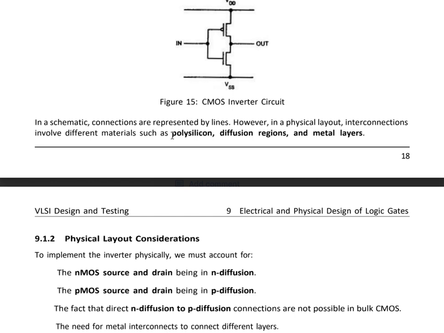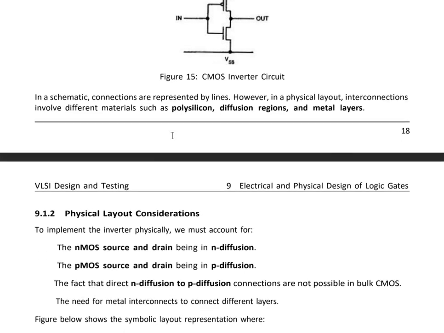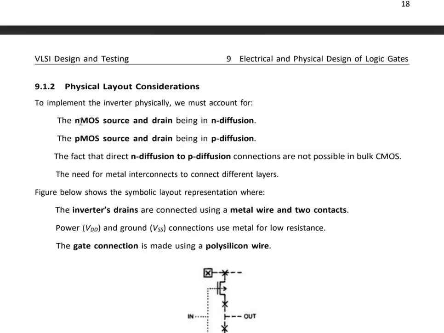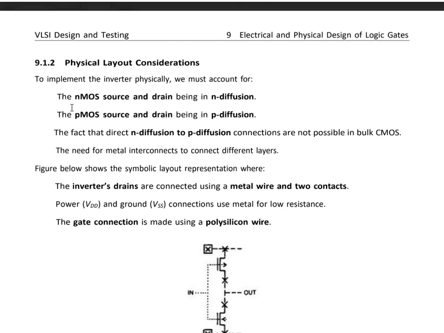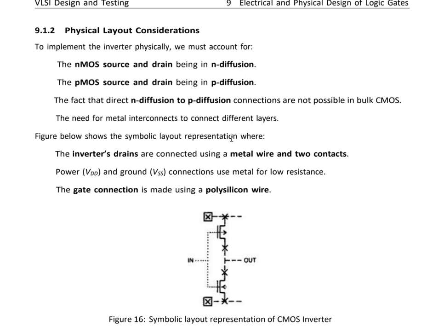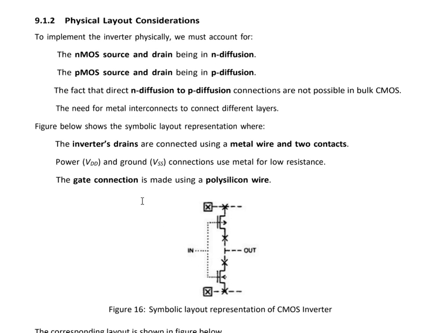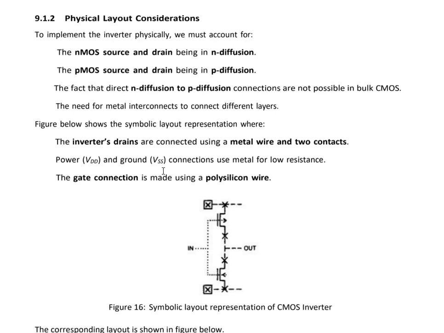However, in the physical layout, we will be drawing the polysilicon, diffusion region and the metal layers. So here the physical layout consideration diagram would look like this. This is the symbolic representation. When you'll be using Cadence in your VLSI lab, you might have seen this diagram. After you draw the schematic, you'll get the symbol. So this is how the symbol looks,